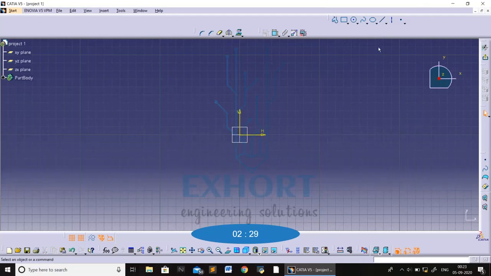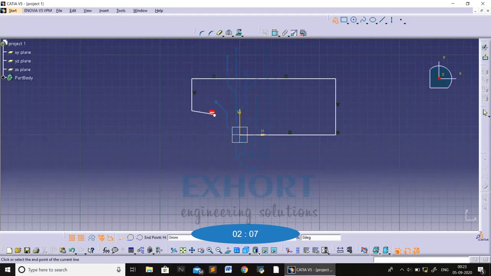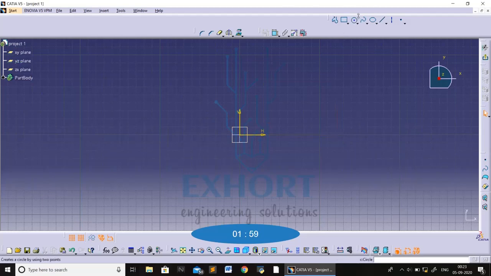The second toolbar is the profile creation toolbar. In the profile creation toolbar, you will draw objects. For example, I will show you. If I select Profile, then this line will appear. It is called a continuous line, and that's how you can draw any object by Profile. Just like that, in the profile creation toolbar there are rectangles, circles, arcs, spline, ellipse, line, reference line, point, that we will discuss in the next video.